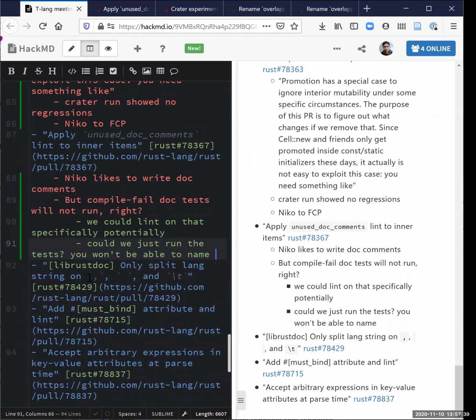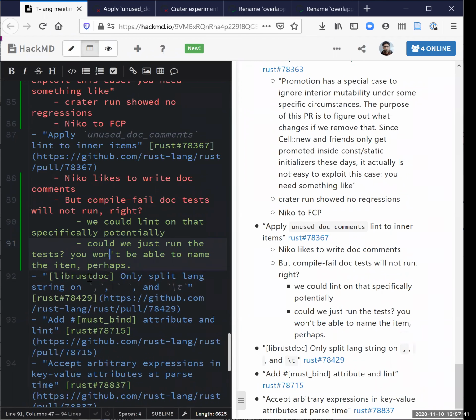Even the function, I don't think you could call it unless you no-mangled it and extern-rusted it or something. Yeah. Sure. Okay. Or unless RustDoc did some sort of translation to find the mangled name. Well, probably the only one you could actually run would be if you have an impl in there. Doc comments, well, it does seem to run the function doc test on nested functions. So in that sense, that's not really a concern here.